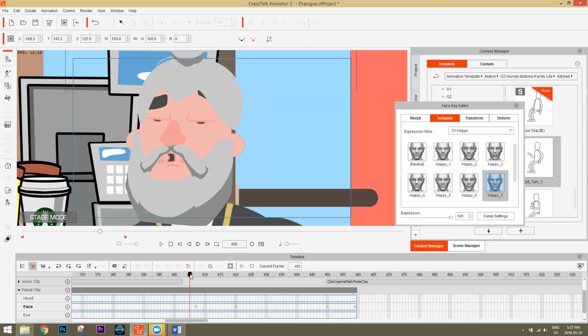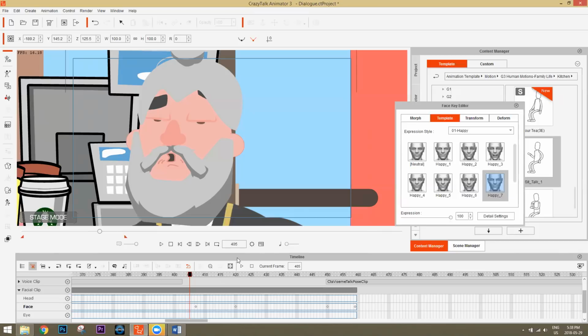Okay, then we have this, which is kind of the lazy man's way to animate, to be honest with you, and I use it pretty often. So just at different frames, add a different expression, so you don't have to manually manipulate the eyebrows and the eyes and deform everything by themselves. The first example I gave you is where I showed you, if you want to go into more detail, how you can adjust the deform and transform positions and all that stuff.